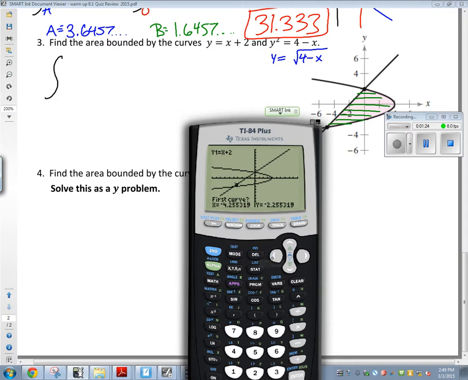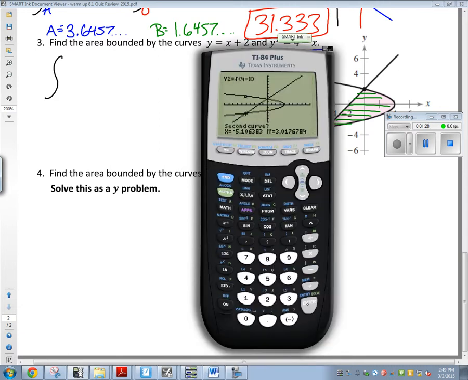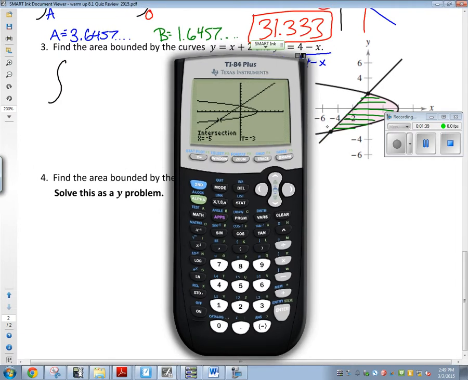So moving my cursor down to here, hit enter. My cursor now is up top. I'm going to hit the down button to bring it down to where I want it. Enter, yes, enter. It intersects at -5, -3. Since it's a y problem, I now want to know what the y value is. I want to know that value. So in this case, it's that -3. So I want to evaluate it from -3